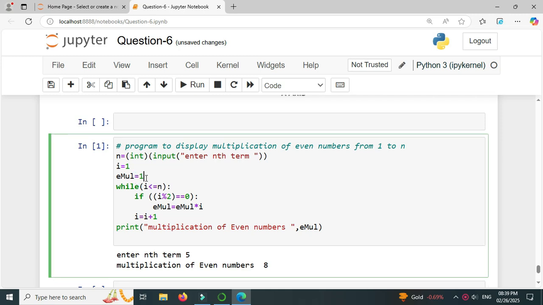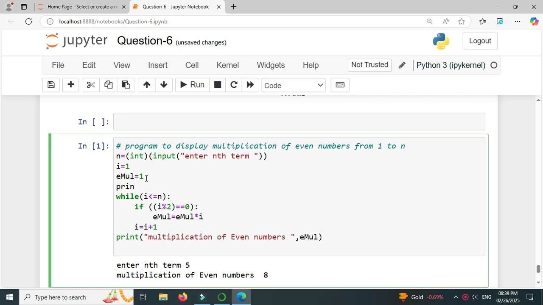We can print the numbers. We can print the even numbers from 1 to n. So before while loop we will print the message even numbers from 1 to, we will print n, and inside the if statement we will print I,